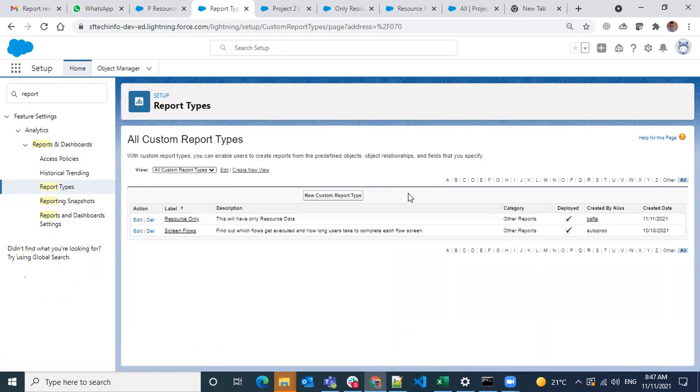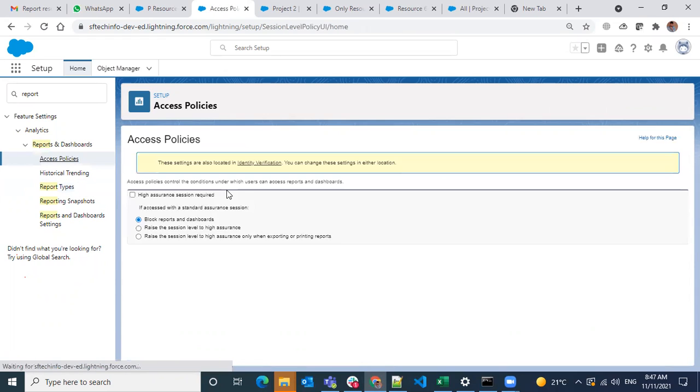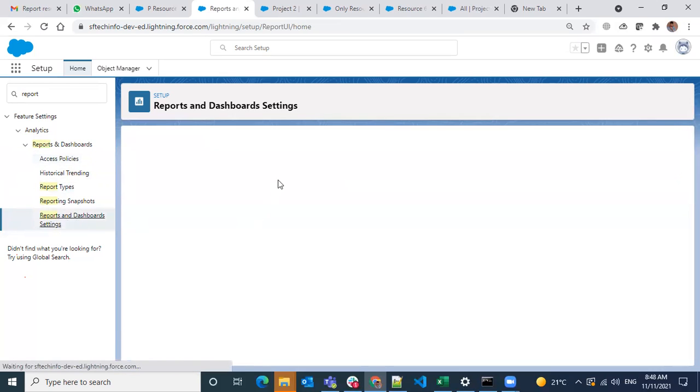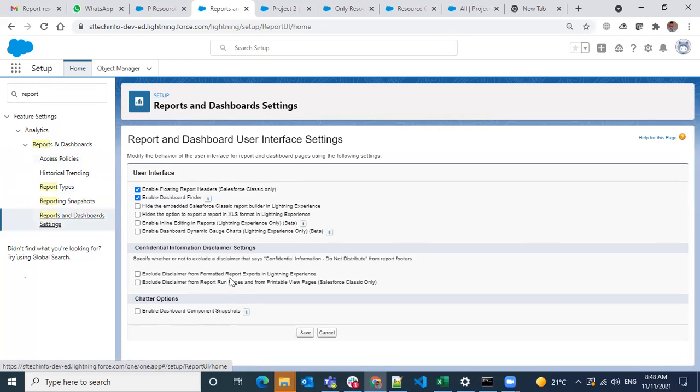Only custom report types are available here. There will be a place to check the standard report types. I'll check and let you know.